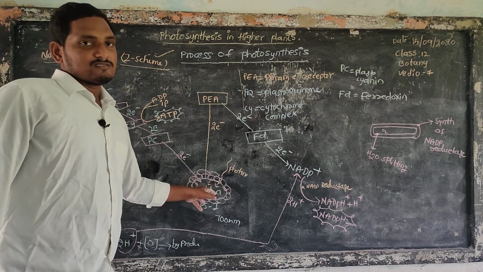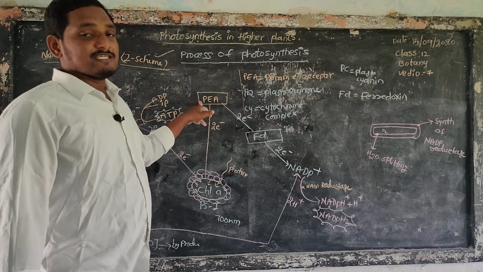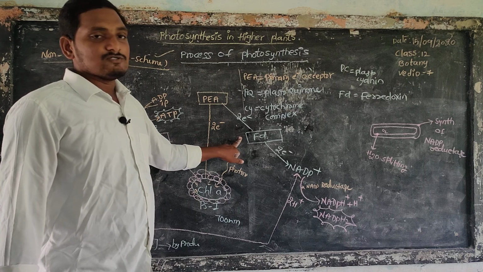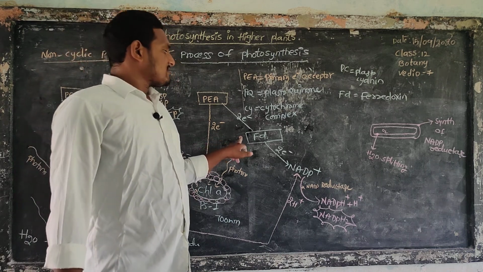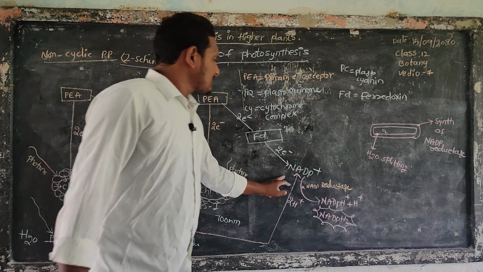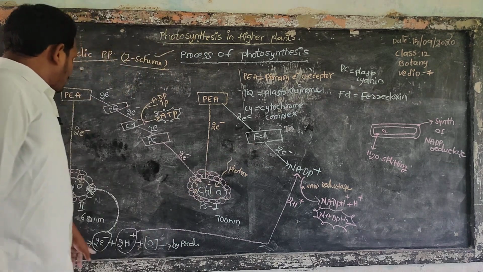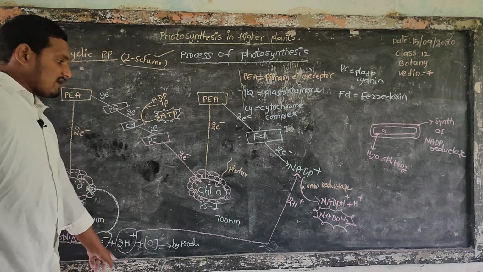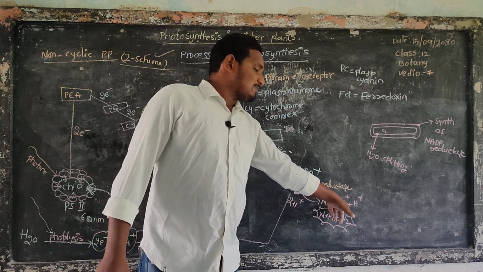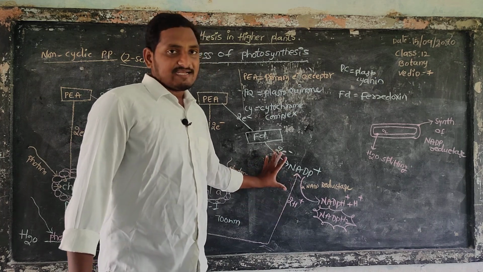also take up photons. It will also be excited, release a pair of electrons, and send them to the primary electron acceptor. The primary electron acceptor sends these electrons to a small electron acceptor, that is ferredoxin. Ferredoxin sends them to NADP plus. NADP plus generally receives a pair of electrons from ferredoxin and protons from photolysis of water. So NADP plus is reduced because two electrons and two protons are added here.